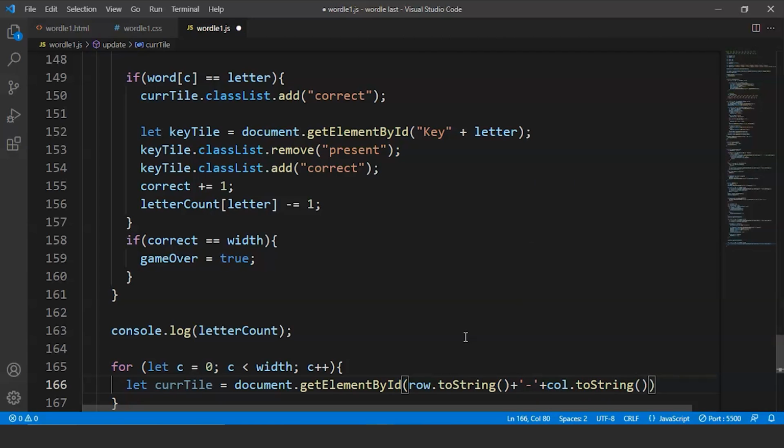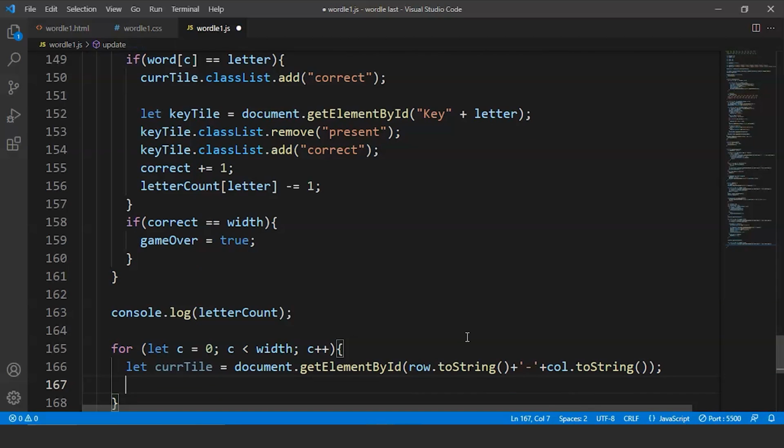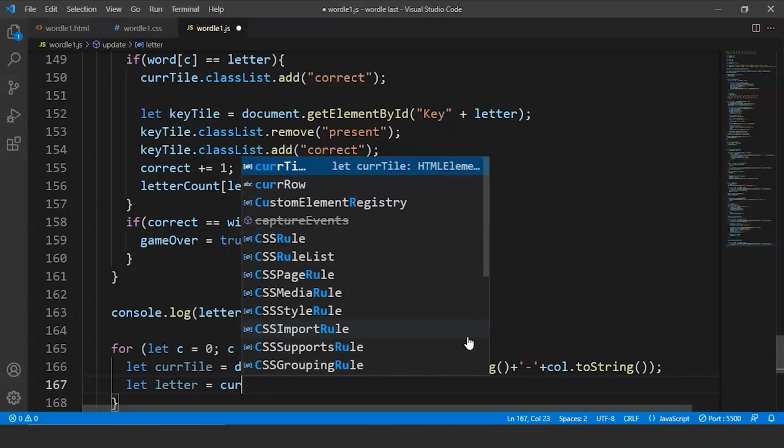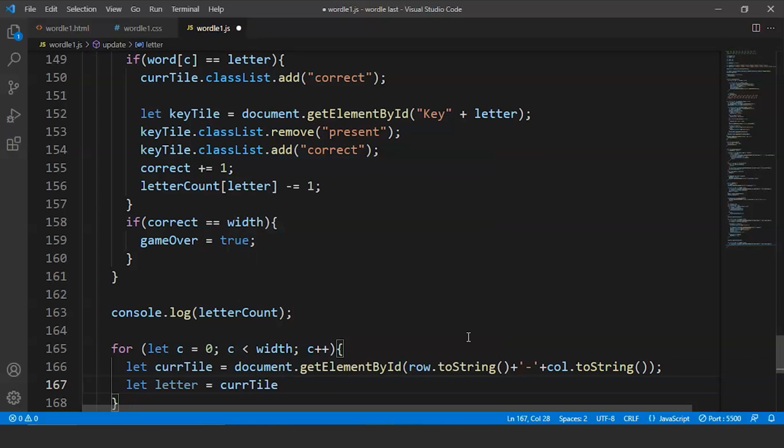Fine. So we are taking the values of these, and after this we are going to set the value of letter variable. So we'll write let letter is equals to what's present inside the current tile. So we'll write current tile dot inner text,